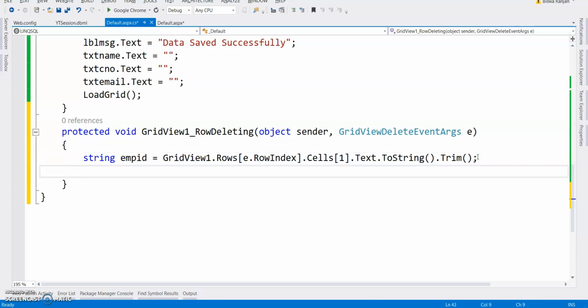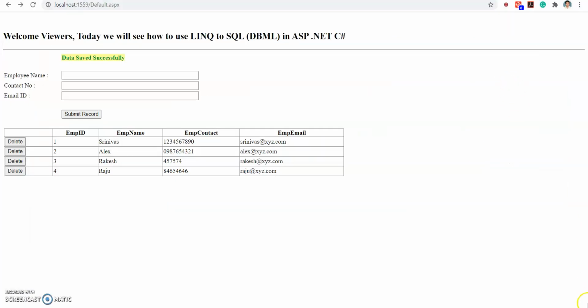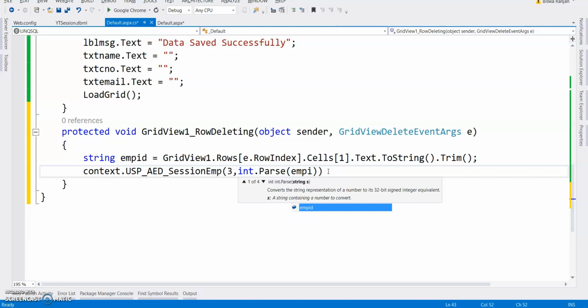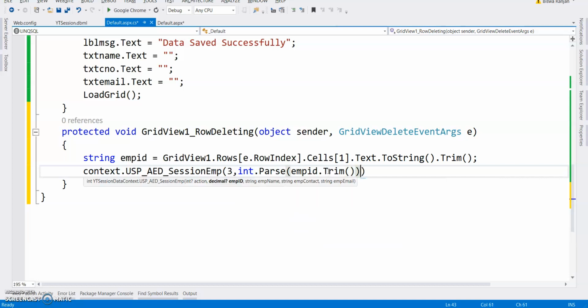Next, same way I'm going to use the USP, action is 3 for delete. In EMP ID here I want to pass this EMP ID as the string value, and the remaining will be blank.